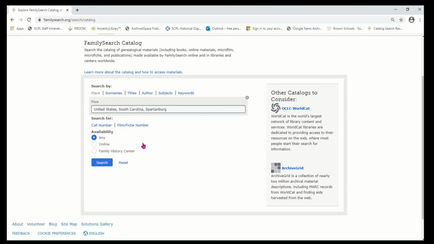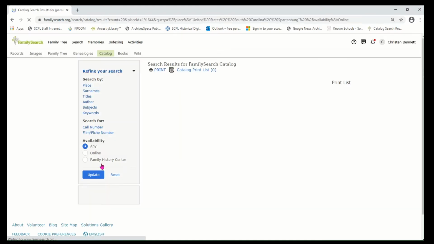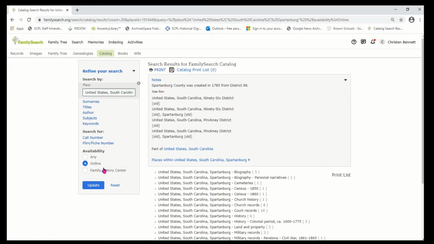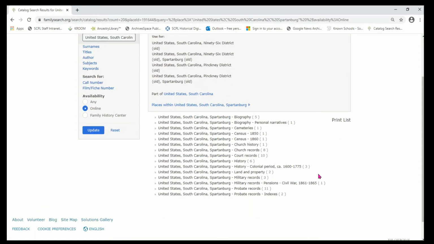If I leave it on any, this can bring up things that are only available at a family history center, or maybe even only available in person in Salt Lake City. So for this search, we're going to narrow it down to online collections. So here we have a list of Spartanburg County records, most of which are probably not included in that general